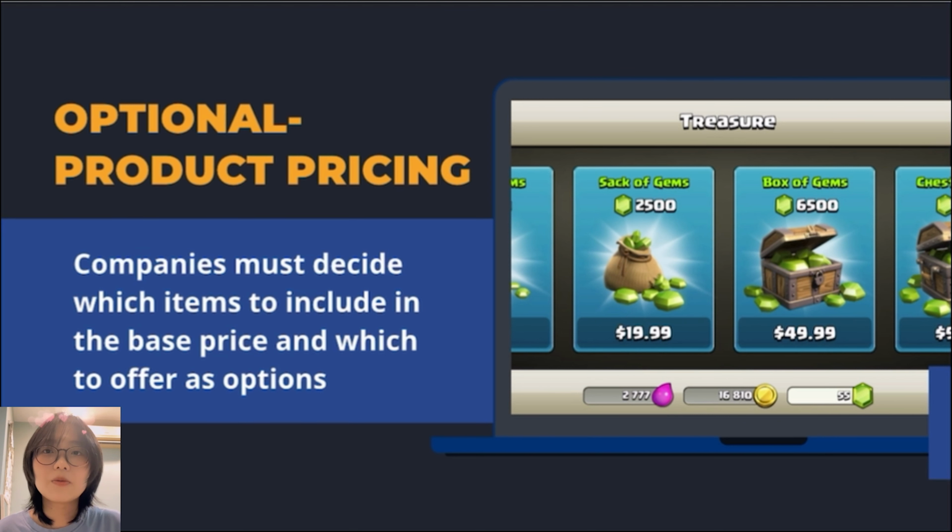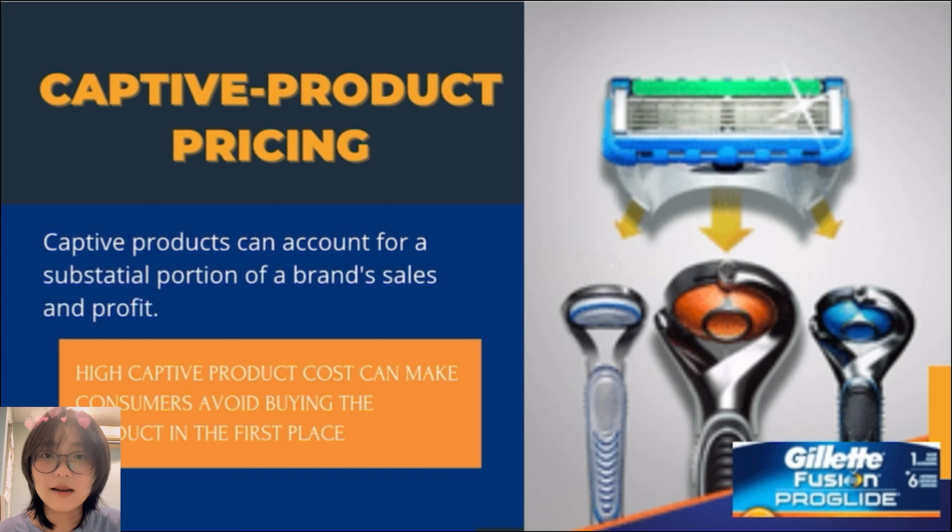The next one is optional product pricing. It is the pricing of optional or accessory products along with the main product. Take for example mobile games and in-app purchases. Continuing with the video game theme, many game developers have discovered that if they make the game free and then charge for additional items to be used in the game, they can make just as much money or even more than if they had just sold the game outright. This is especially common in mobile games, where the more casual gamers are less likely to spend money and are subsidized by those who spend a lot.